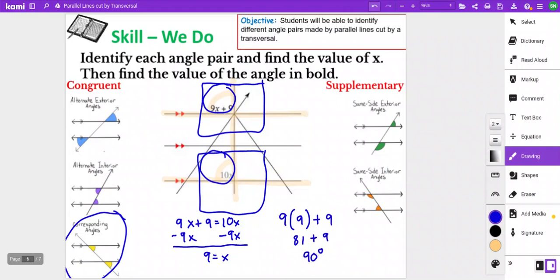Since these 2 angles are congruent, if you were to plug it into the other one, you would be getting the exact same thing. Let's try it out just so that you see how it works. 10 times 9, that would give us 90, and these 2 angles are the same. You didn't have to do the other one, but you can always do the second angle to check to make sure that your work is